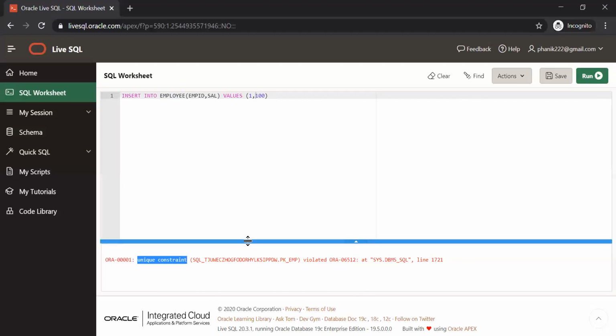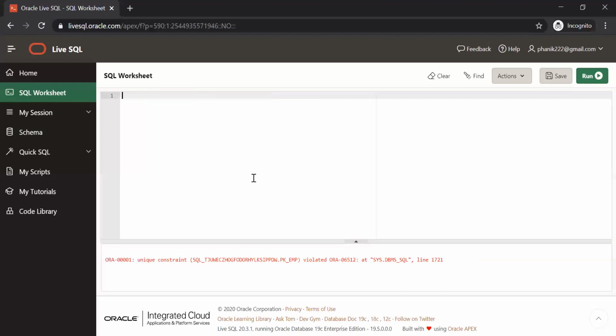You understood now how to add a primary constraint, how to drop the constraint? Perfect. So, what is the difference between primary key constraint and unique key constraint? Unique key constraint can accept null value, but not the primary key constraint. Perfect.